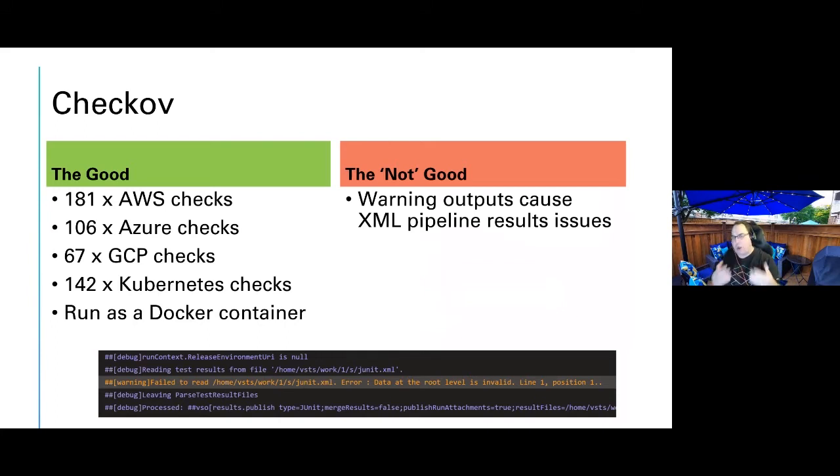That's fine in the console, but that causes problems if you're trying to capture this output and then use it in an Azure DevOps pipeline to publish it as test results or pipeline results.